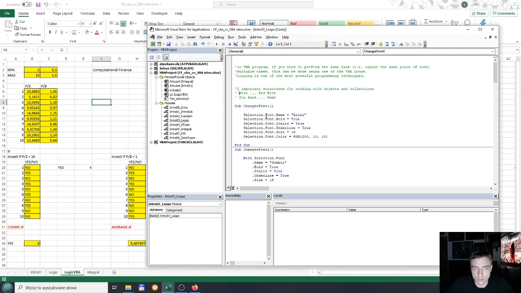One we already reviewed, the With loop. So an important structure to work with collections of objects, right? To repeat the same or similar piece of code for a collection of objects, for example, for values in a given range, in a given array. And the first example is the With